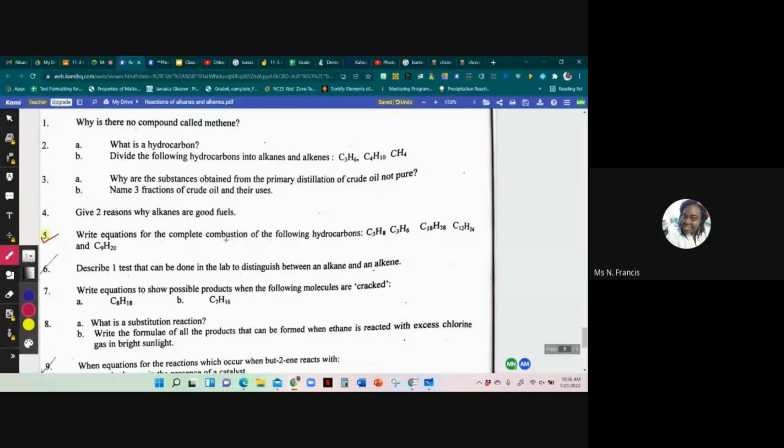Write the complete combustion of the following hydrocarbons. So we have C3H8, C3H6, C18H38, C12H24, C9H20. So you're